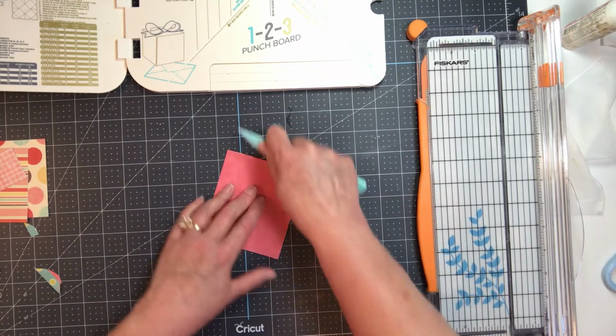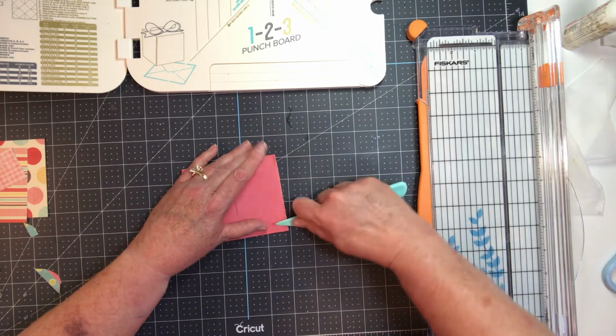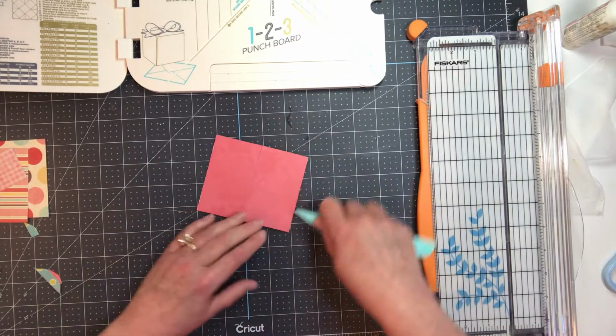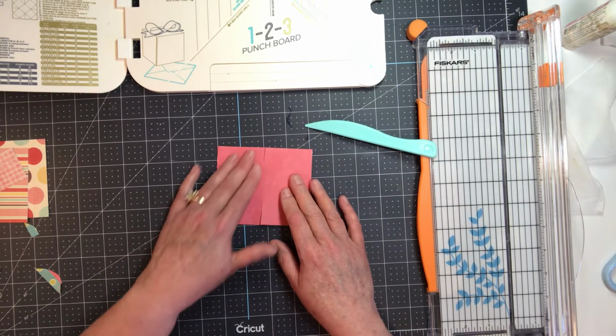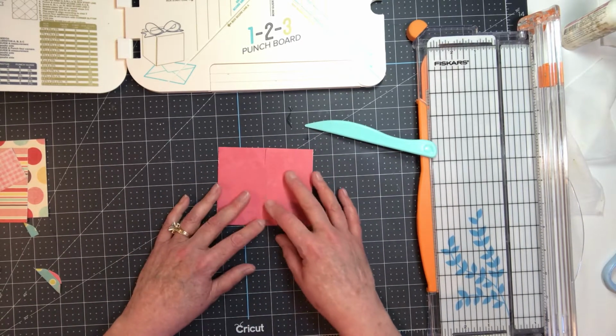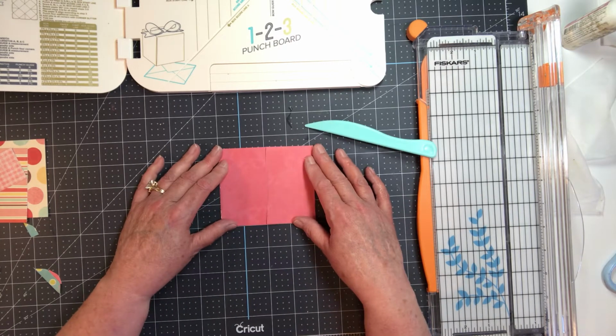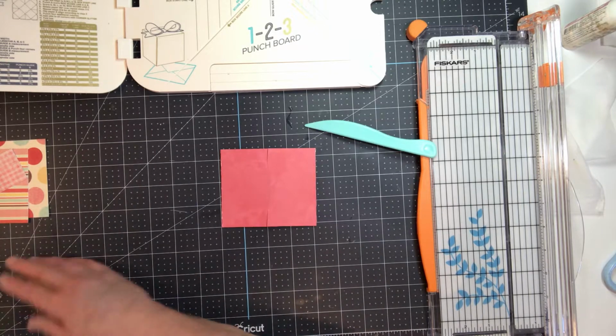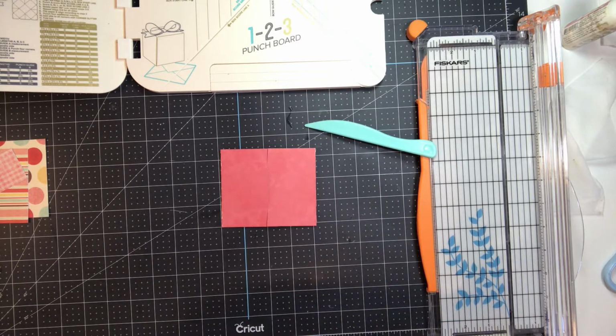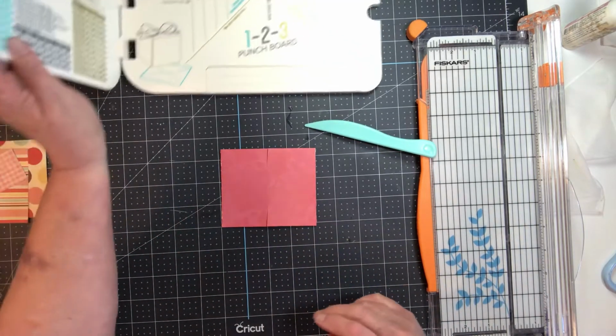Okay, now it fits flat and it stays. And I think that's why it doesn't stay at first. She wants you to get the latch done and then push it down because it's a little more forgiving. Okay, now